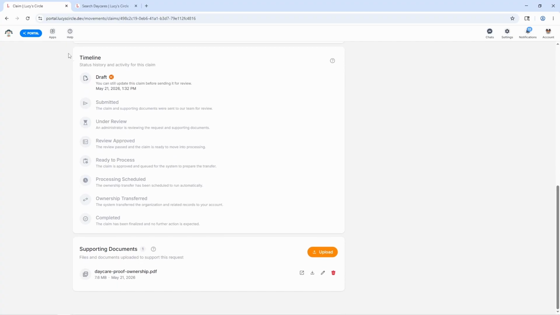This timeline explains the set of steps that will happen from the start of when you create your claim to the very end. You can see right now we're in the draft mode. We haven't submitted it yet. As soon as we have the supporting documents, the next step would be to submit it. And then once it's submitted, all we're doing is waiting for an admin to pick it up. They're going to set it under review. And then once they approve the review and process it, then the ownership will be transferred and then the claim